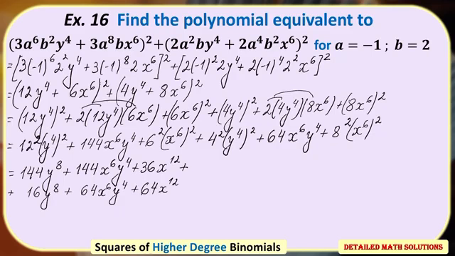As a next step, I need to add all like terms. Like or similar terms are the terms that have the same literal parts. This way, I can add 144y to the 8th power with 16y to the 8th. Also, I can add 144x to the 6y to the 4th with 64x to the 6y to the 4th. And 36x to the 12th with 64x to the 12th. So when I add these pairs of like terms, I get